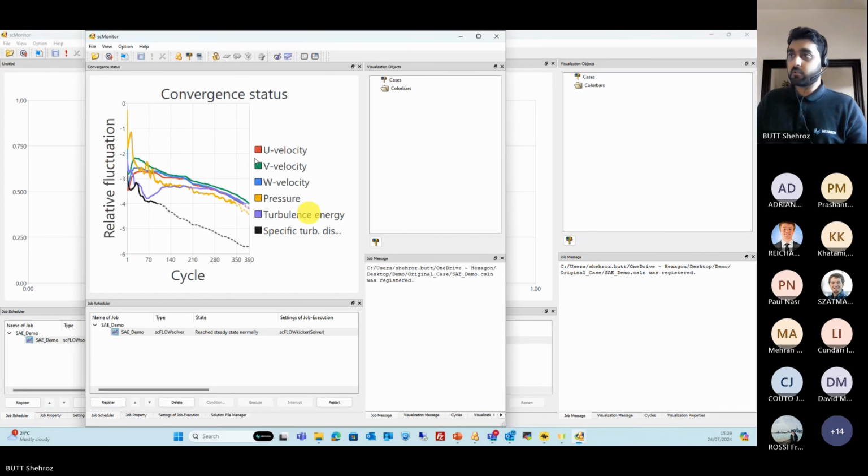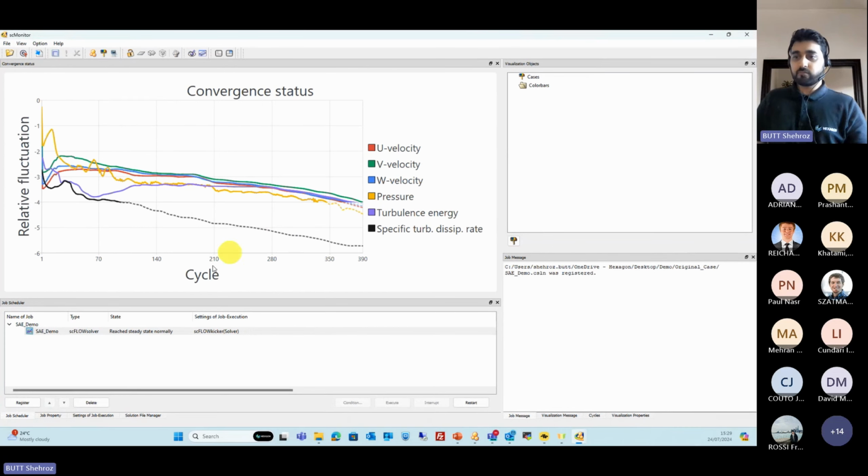So, okay, let me expand this. So here you go. You see the status has changed to steady state. You can see number of cycles on the x-axis and the fluctuation of the residual in logarithmic scale on the y-axis. So in this case, we define that once your residual reaches a value of -3 altogether, the simulation will complete. So once we've done this, there's a useful command to access the log file directly from the solver, which